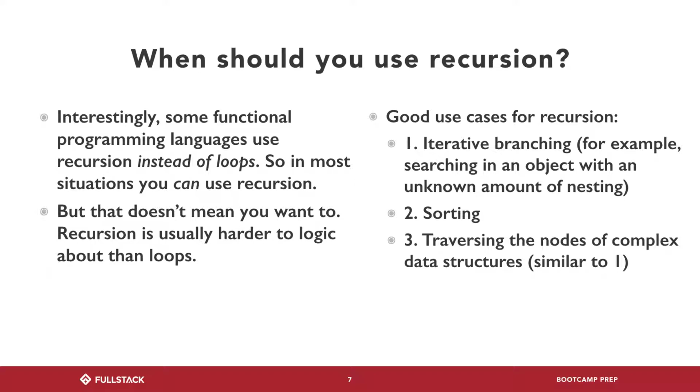Recursion is good for branching. So what we just did earlier, sorting things. You'll probably find some examples of code where you're sorting things, and recursive sorting is actually really powerful. And then traversing the nodes. I think branching is something like depth first search. No, 3 is depth first search. But essentially, the idea is that if you need to go through something and you don't know how many possibilities there are, recursion is probably a really good tool for that.